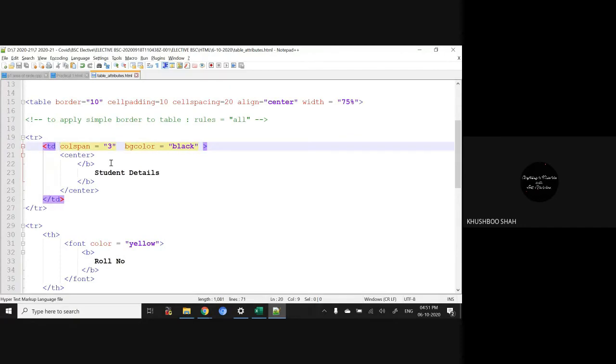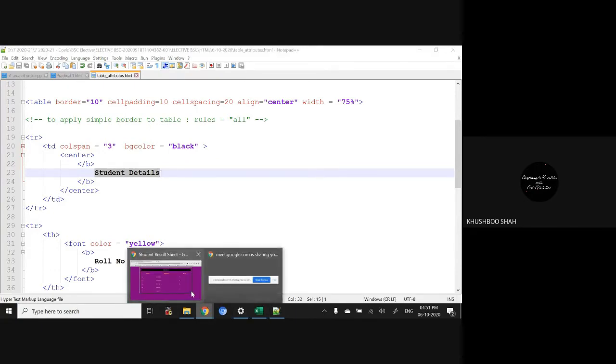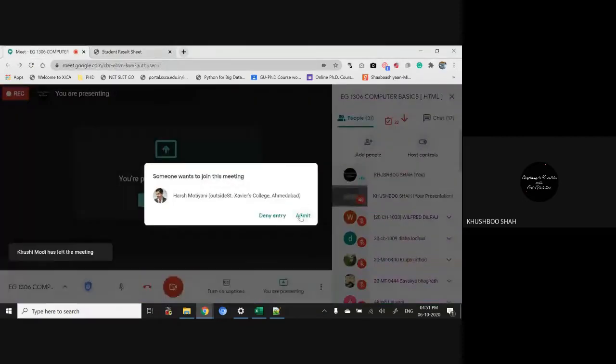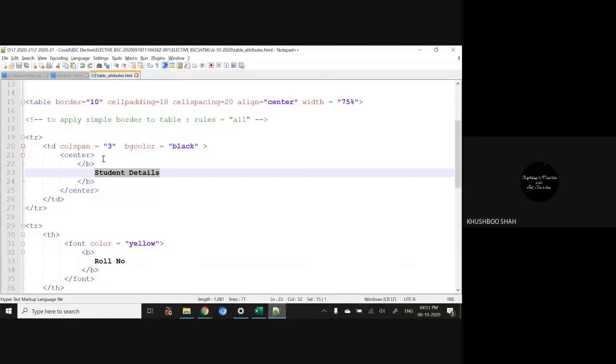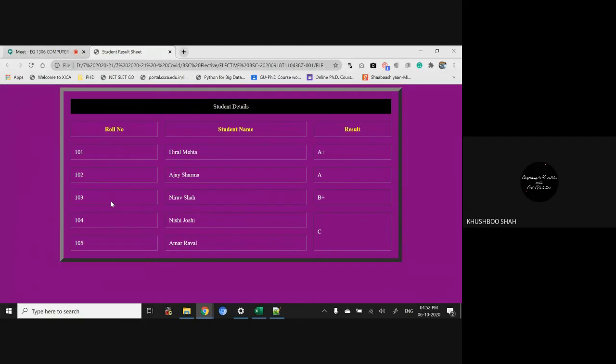In the TR, I use the TD tag, right? I have only mentioned student details, that's it, nothing else. But what I want to do inside the TD tag is merge these cells, all these 3 cells. So here you can write colspan. Colspan is an attribute of the TD tag. So how many cells do I want to merge? 3. Let's say 2. What happens if I write 2? Just observe.